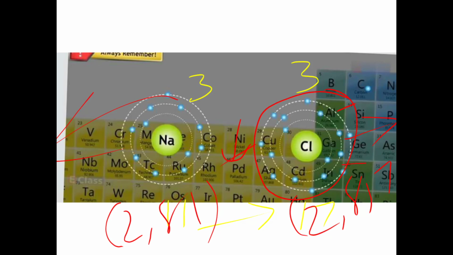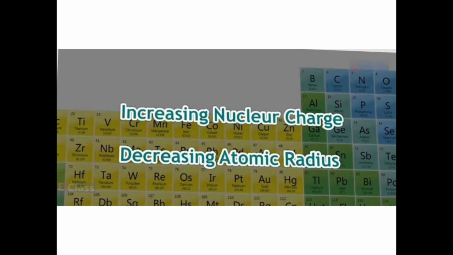Will it give its electron out? No, there are 7, so that will not do. So it will try to accept, so it will not try to donate. So you can say that the losing of electrons goes on decreasing. So as you go from left to right in a period, the metallic character goes on decreasing. What are the two factors we have? We have two factors: increasing nuclear charge and decreasing atomic radius. These two things happen when you move from left to right in a period.